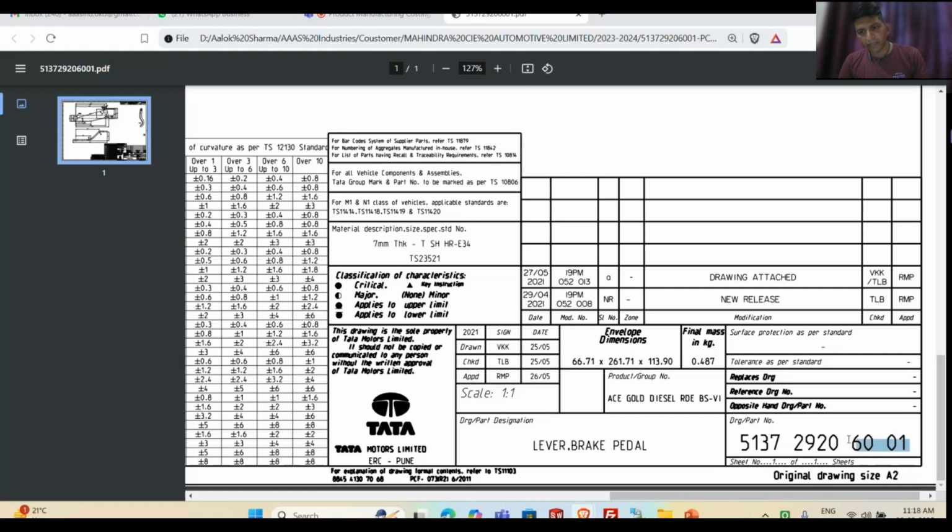right, and every drawing number is a unique number. Sometimes the part number and part name will be the same, but the drawing number is always different. Like our Aadhaar card number. In India maybe there are many people named Alok Sharma, but Alok Sharma has a unique Aadhaar number, so the Aadhaar number does not repeat. Like that, this number is a unique number,